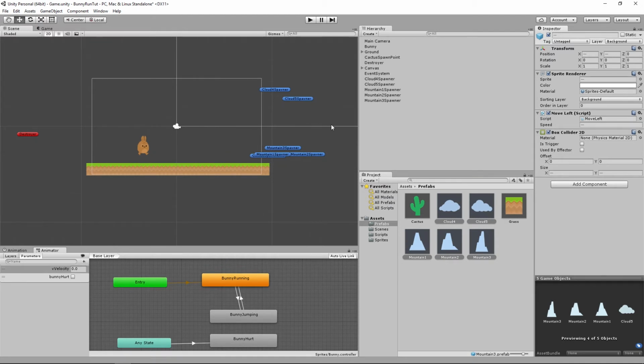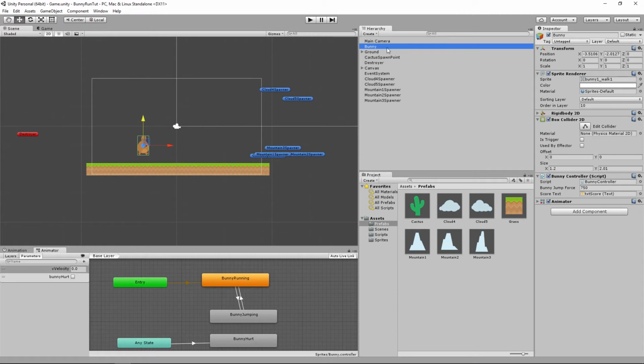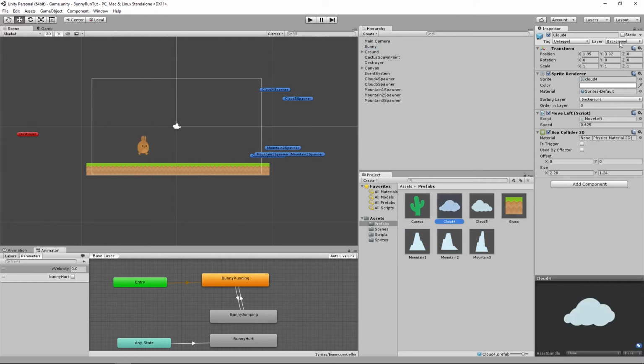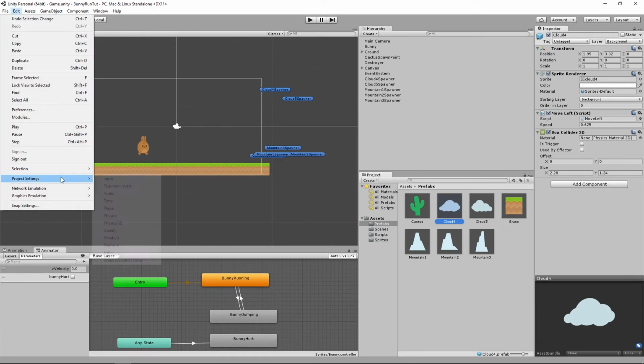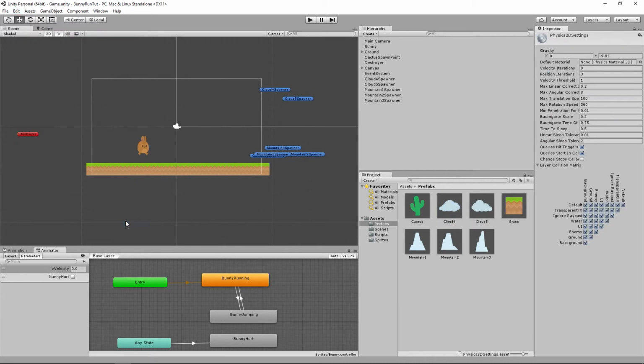Okay, so that puts them on a separate layer, but it doesn't stop the collisioning from happening. So what we need to do is tell the physics engine that we don't want things on the default layer, which is the bunny, to collide with things on the background layer. And we can do that if we go to the Edit menu, Project Settings, Physics 2D, and what you'll end up with here is this Layer Collision Matrix, and this is where you can turn off collisions. You can currently see that all the layers are colliding with all the other layers, and we don't want default and background to collide. So if we uncheck that option over there,